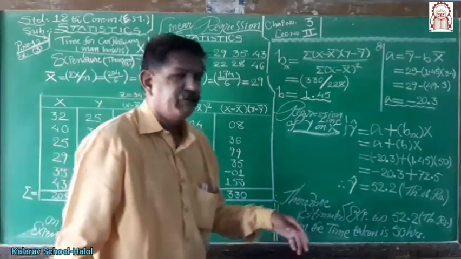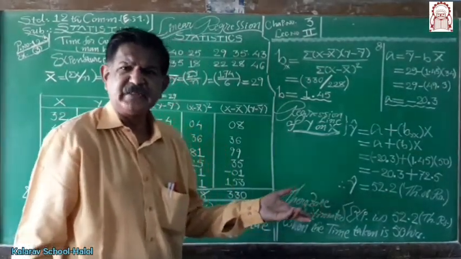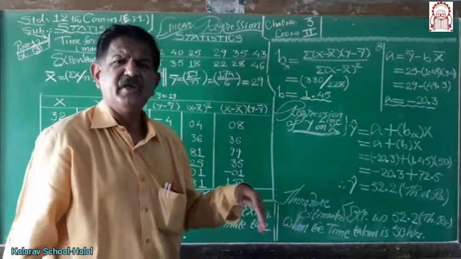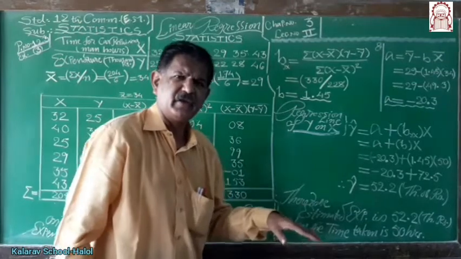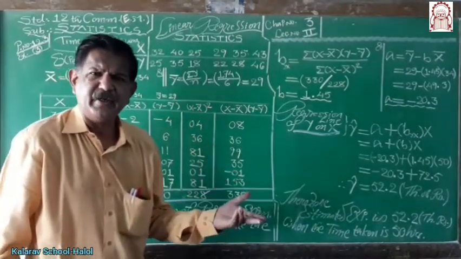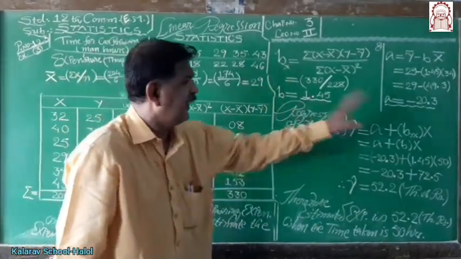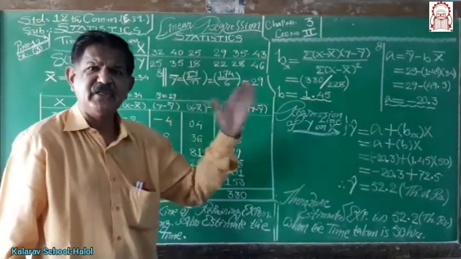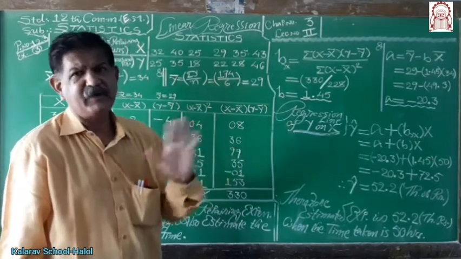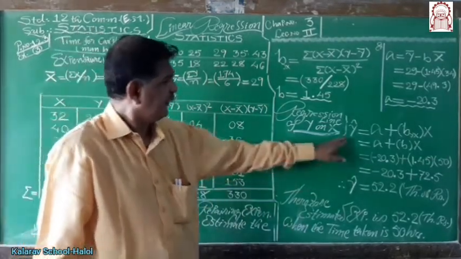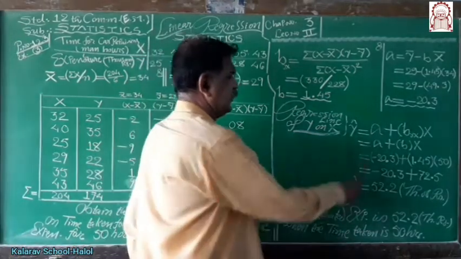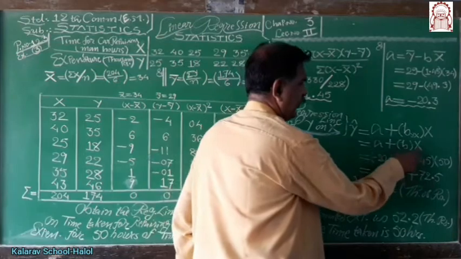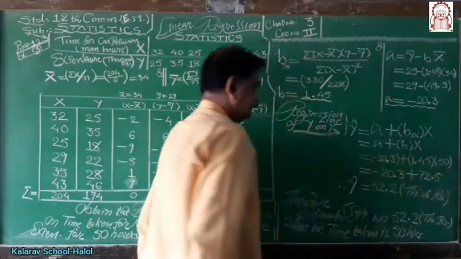After computing a and b, substitute the values of a and b in the equation. This is a mathematical chapter rather than a statistical one. A simple linear equation is there. One is the unknown variable, another is the known variable. The unknown variable is known as the dependent variable. Here y depends on x. Expenses depend upon hours. As the man-hours change, their expenditure also changes. Therefore, y cap equals a plus bx. Substitute the values: a equals minus 20.3, b is 1.45, and the value of x is given to be 50.